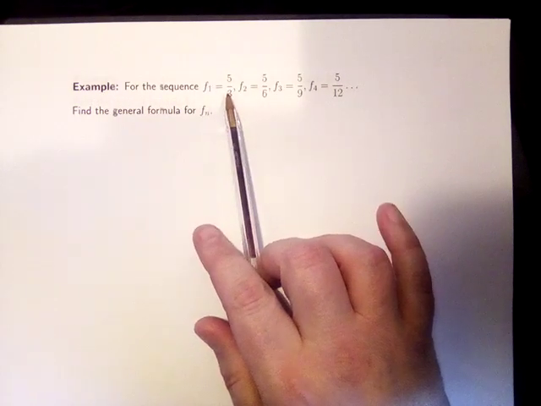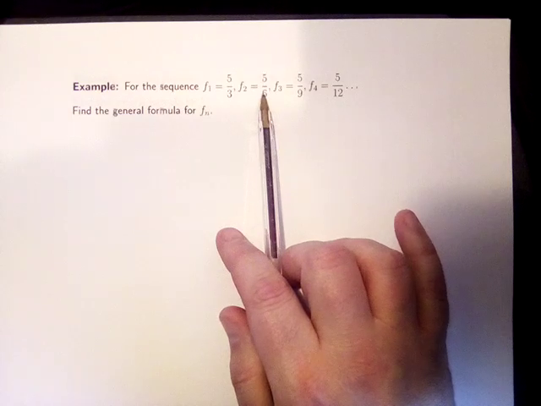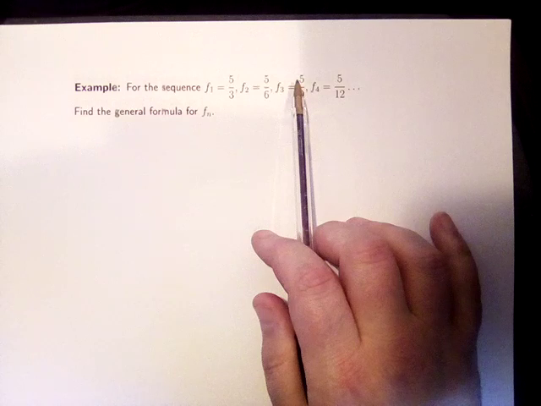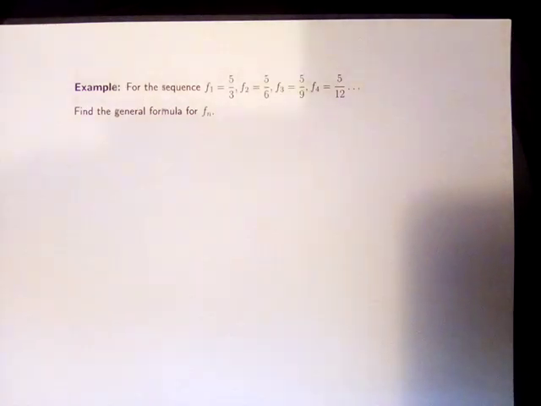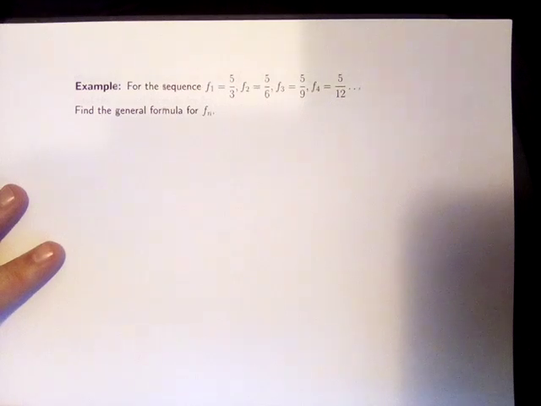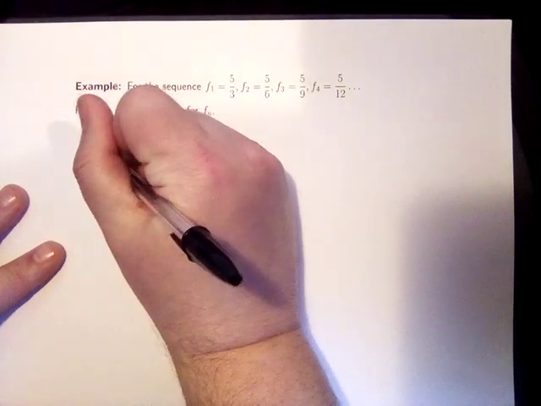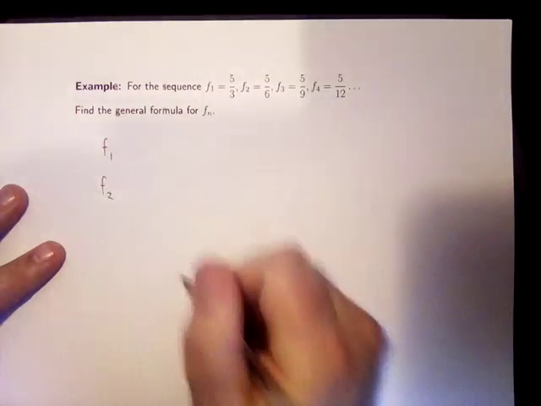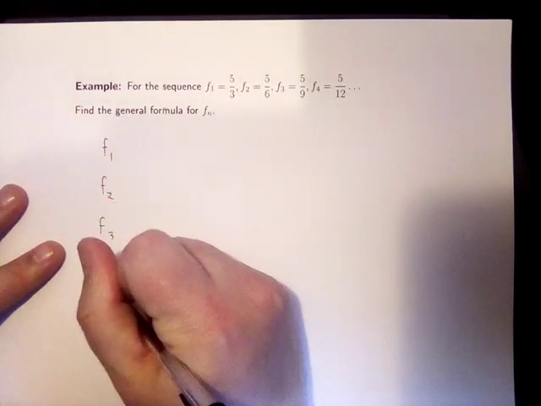To go from 5/3 to 5/6, you would multiply by a half. To go from 5/6 to 5/9, you would multiply by 2/3, which is not the same amount. So it's not arithmetic, it's not geometric, it's something else. And so if we're thinking about our sequences that we've got here, I'm going to just write down the first few terms: